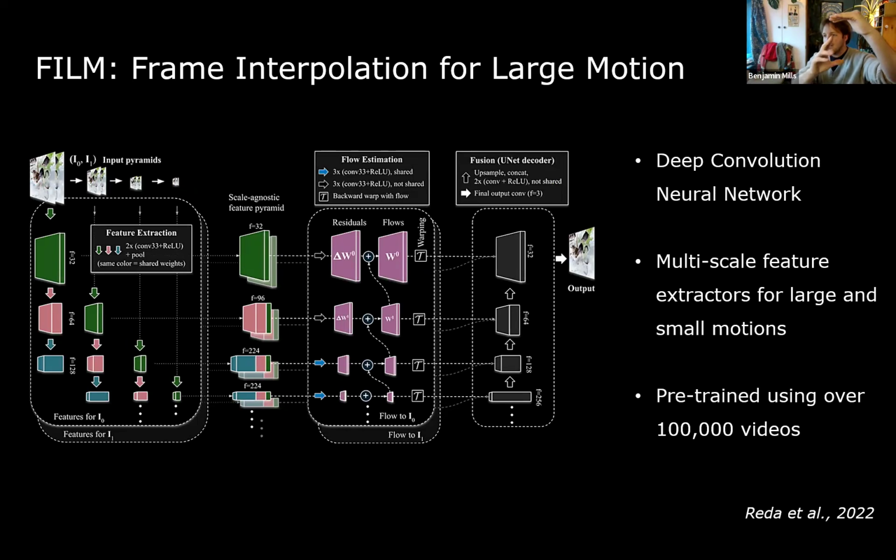It looks at screenshot A and screenshot B. It looks at various different versions of them in different resolutions to try and pick out features that are big and features that are small. It then uses this convolution approach where it arbitrarily amplifies different parts of the image in different ways and puts this into a neural network. Then using the neural network, it estimates the flows between the images. So it takes one image, it takes the other, and it tries to figure out what should go in between.